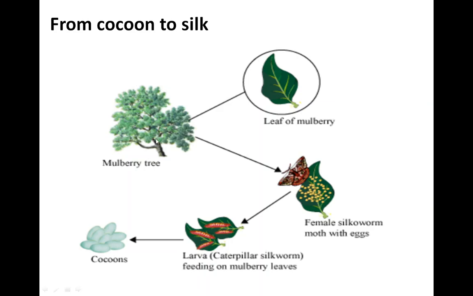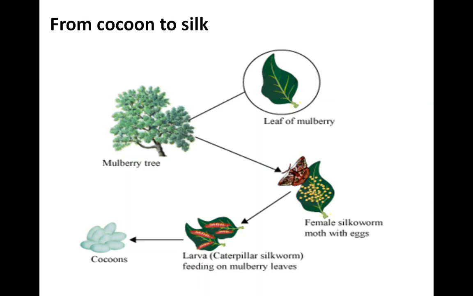See, the mulberry tree is there, and on the leaves of the mulberry the female silk moth lays the eggs. See in this image. Then after laying and hatching of the eggs, the silkworms are there, feeding on mulberry leaves, and after that many stages are there that we already learned in session 3, the previous session. And the cocoons are there, that is the covering of silk fibres around the caterpillar. Okay, so up to the cocoon we have finished.